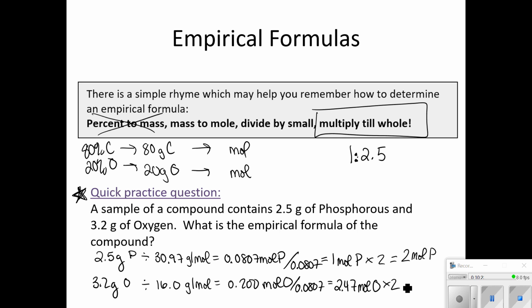So I've got 2 moles of phosphorus for every 5 moles of oxygen. So my formula is P2O5. And if you were wondering about this multiply till whole step, when do we multiply till whole or when can